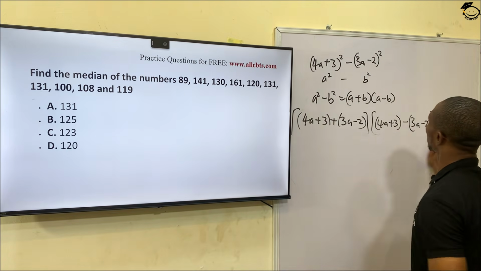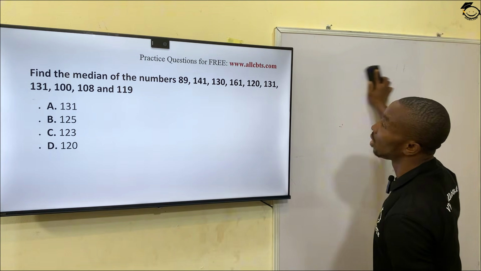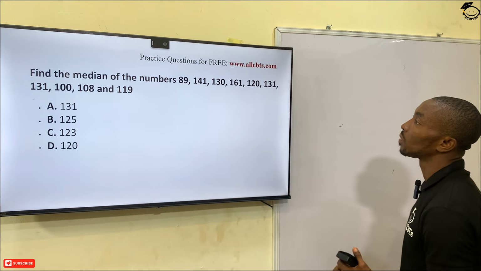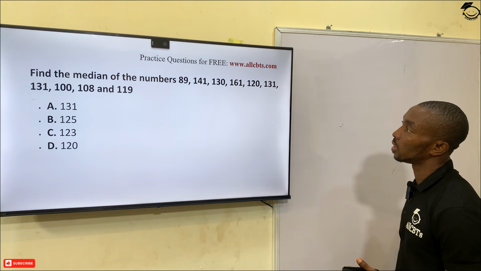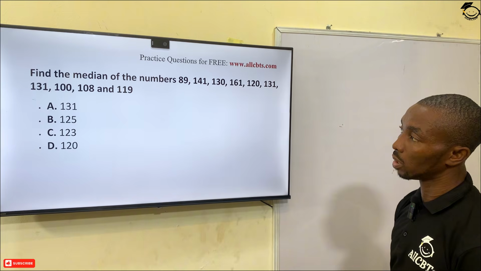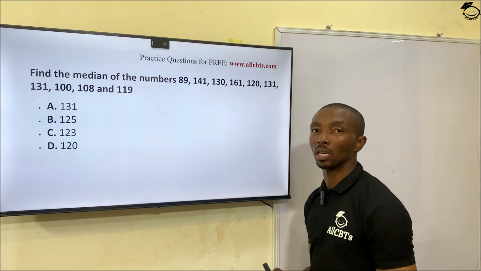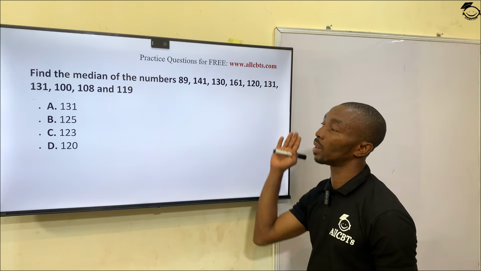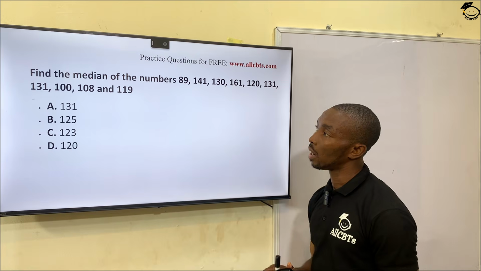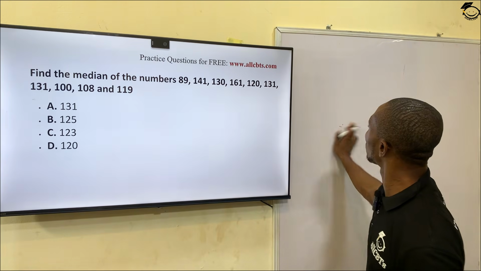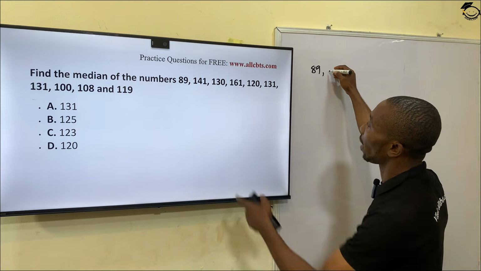Now, to the next question, we have: find the median of the numbers 89, 41, 130, 160, 120, 131, 100, 108, and 119. Now, to find the median, we have to arrange these numbers either in ascending or descending order. And to do that, in ascending order, we start from 89. Then the next will be